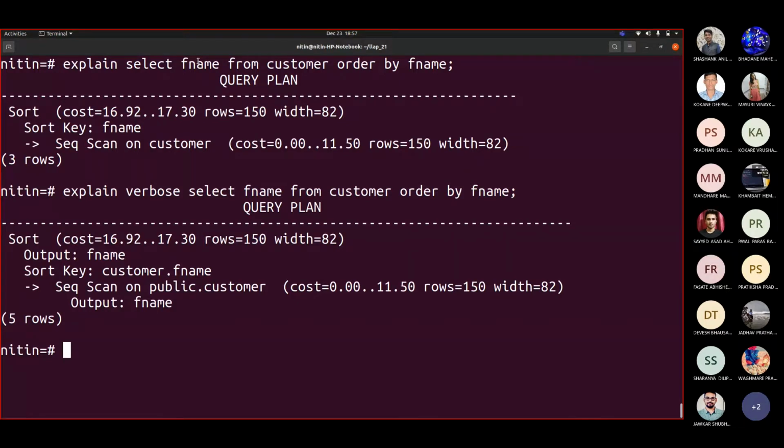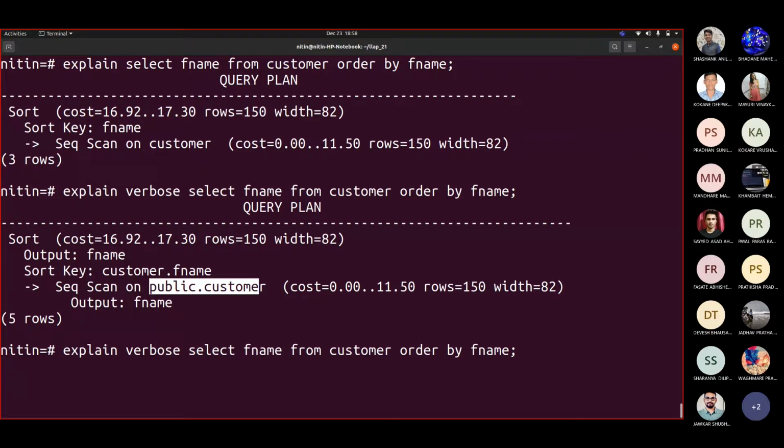How exactly do we qualify that? We write select customer dot app name from customer order by customer dot app name. You can see here customer dot app name, public dot customer, and so on. Sorry, I missed that: select customer dot app name from public dot customer order by customer dot app name. This is how your query is rewritten internally.